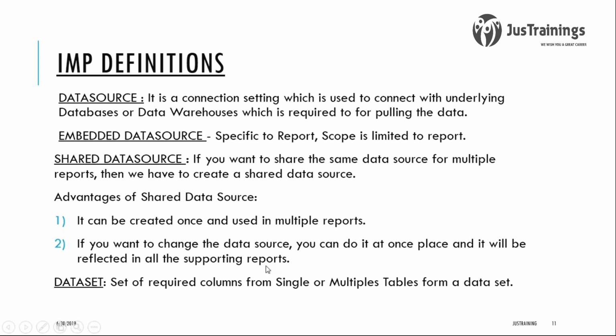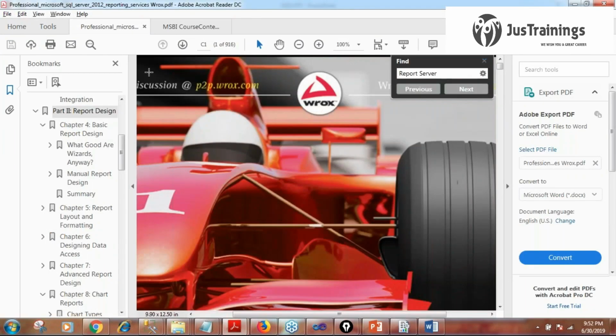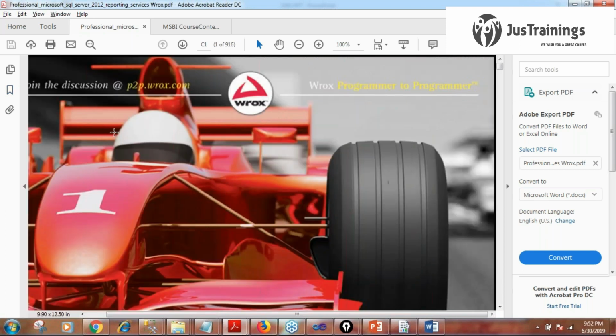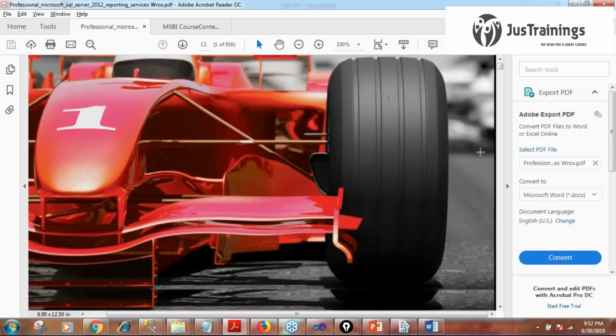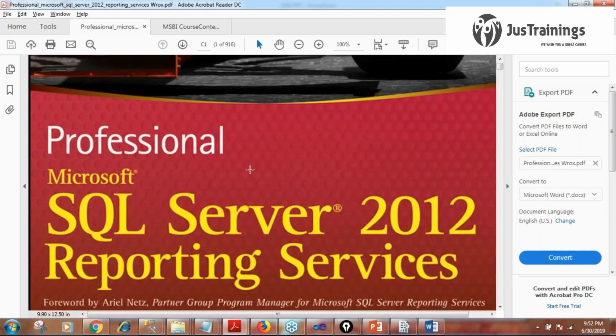If you don't understand from here, to practice on SSRS, I'll give you one ebook. This is the ebook which I am using, SQL Server Reporting Services 2012 by Brox.